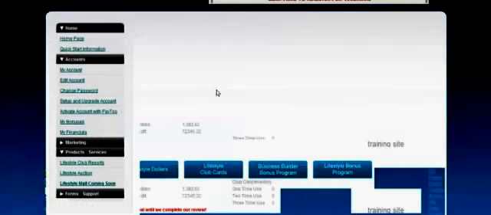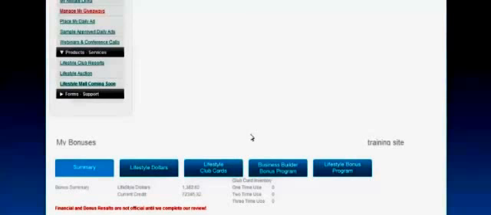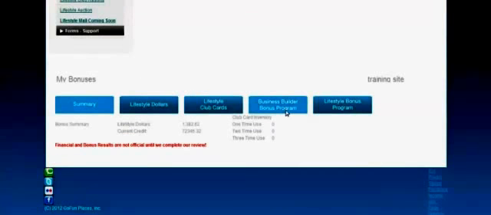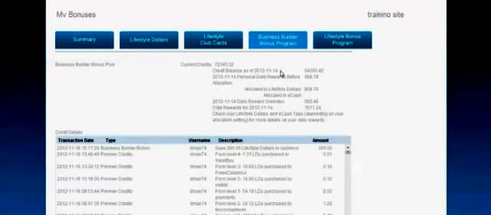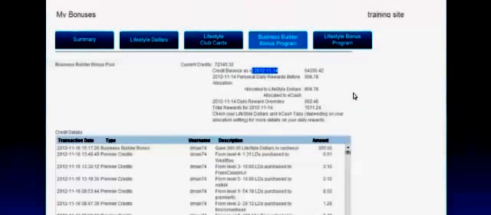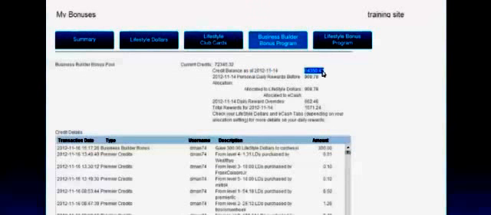Okay, so if you go down again to my bonuses, okay, you're going to see the business builder pool. The business builder pool, guys, is what the company is sharing with us on a daily basis based on whatever current credit balance that you maintain. So when I click on the business builder pool, guys, on the 14th, which is a couple days ago, they pay a couple days in arrears. On the 14th, I had a credit balance of $64,350, and they paid out the daily reward of $908 lifestyle dollars on that credit balance.